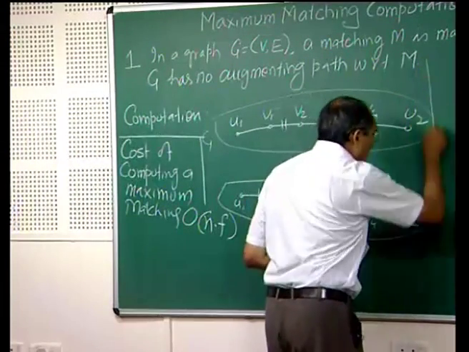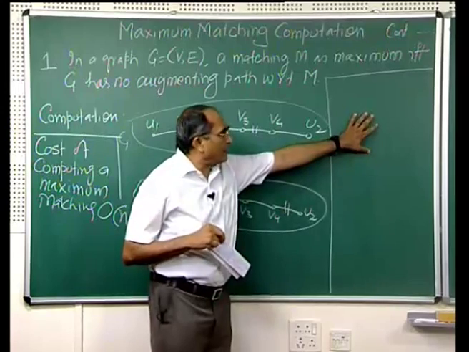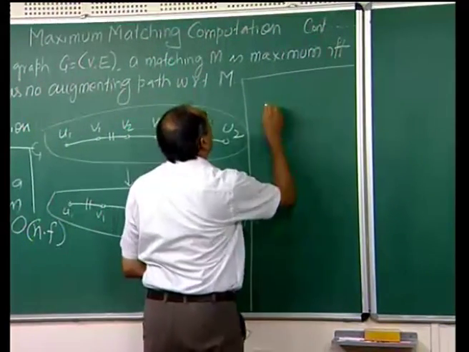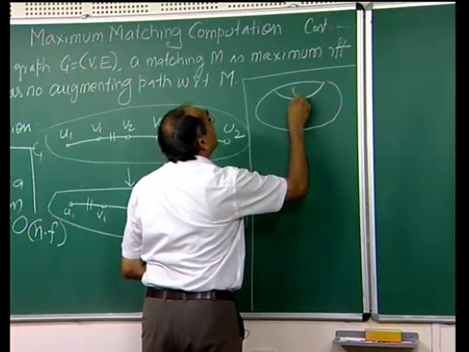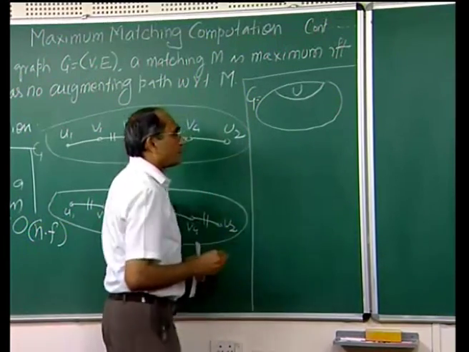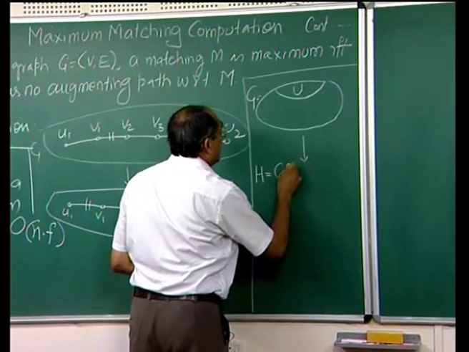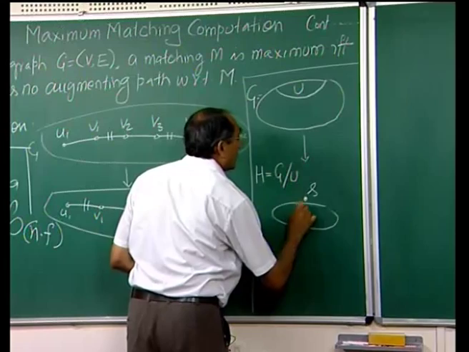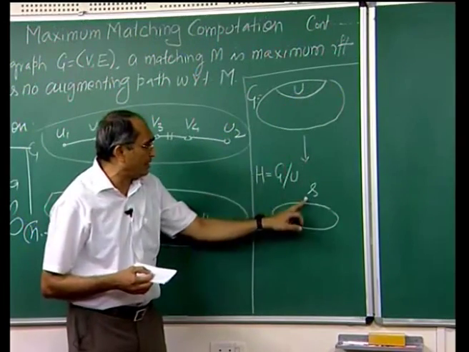The second thing we did, we described a graph based on the original graph and the given matching M. So, suppose we have graph G, and these symbolically denote the set of unmatched vertices. The U is the set of unmatched vertices, and this is graph G. Then we defined a graph H, which we denoted by G modulo U, where we contract all the vertices of U into a single vertex S